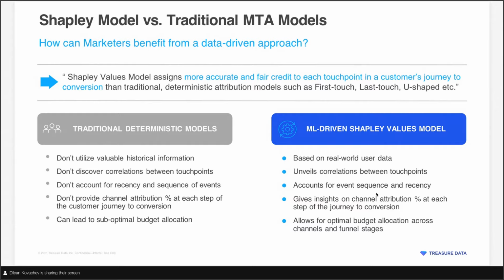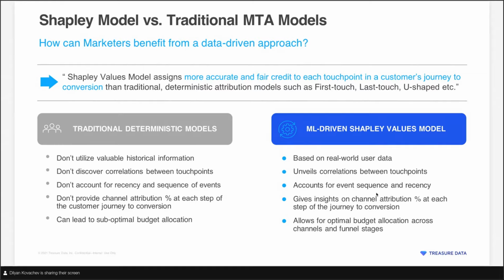The Shapley model also takes into account the sequence in which the touch points occur and the time component. So it uses all the combinations in which different channels are exposed to the user during the journey, and it takes that dependence into account as well, which could be valuable, while deterministic models don't do that.